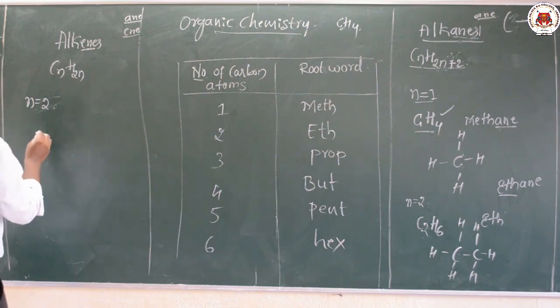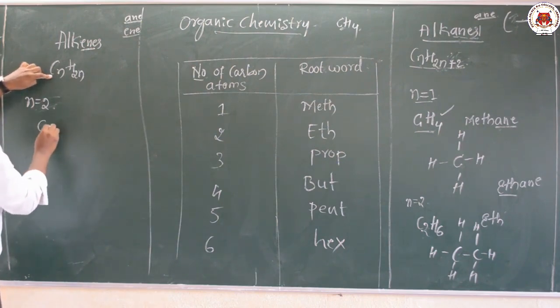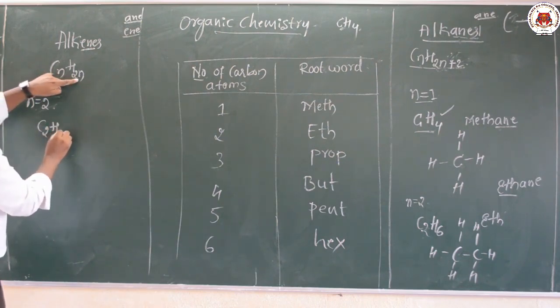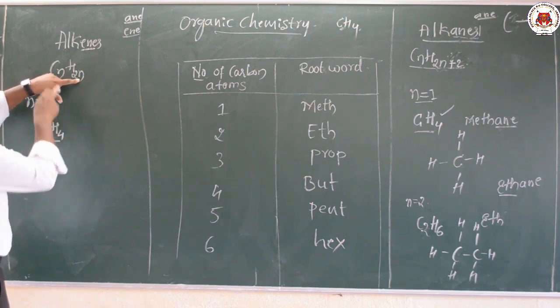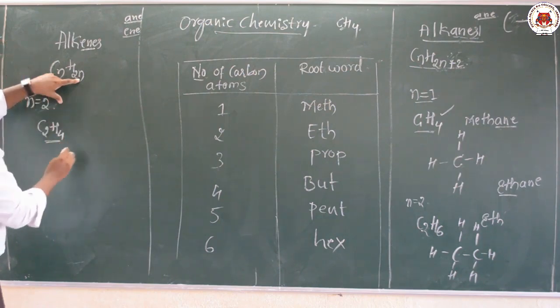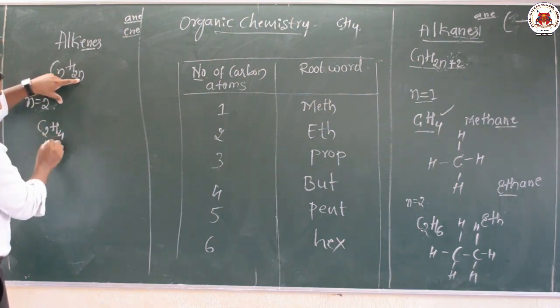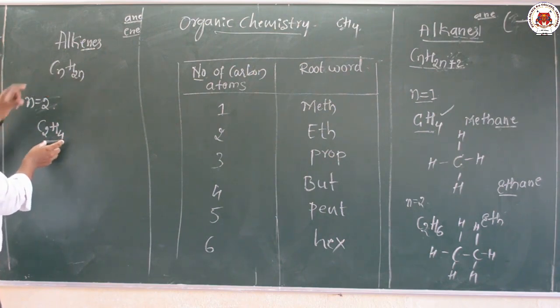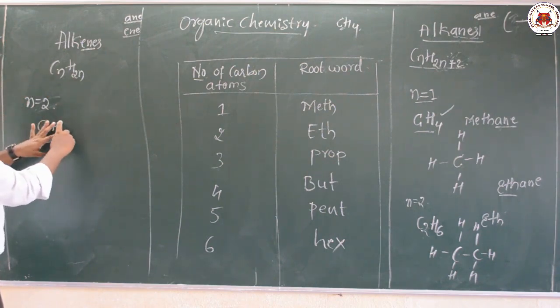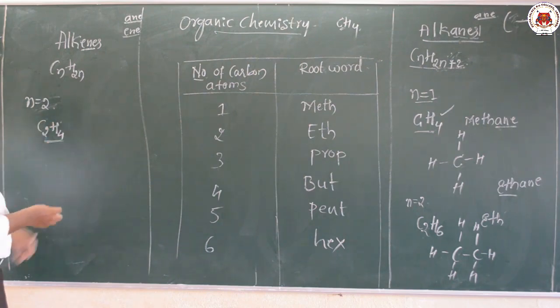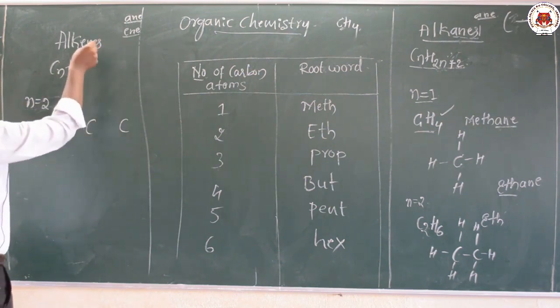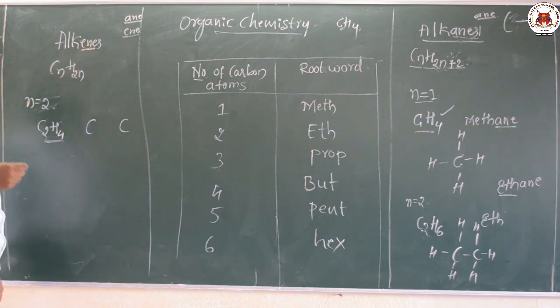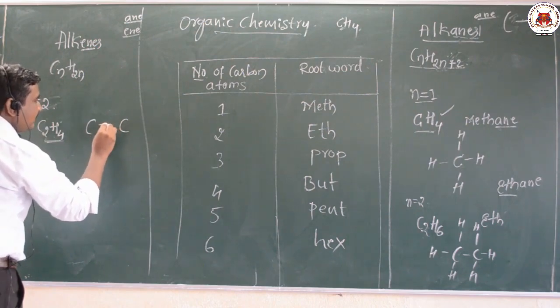Okay. So first one, n equal to 2 means C2, and here H is 2 into 2, 4, that is C2H4. So this is the first member of the alkenes. Now here I will write the structural formula, and this is the molecular formula. After writing the molecular formula, we will come to know that the number of carbon atoms is 2 and hydrogen atoms are 4. So now I will write the structural formula C2. As I told, ENE indicates the presence of a double bond. So first I will write a double bond.